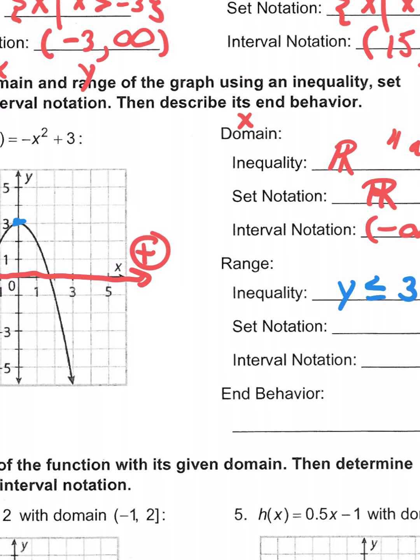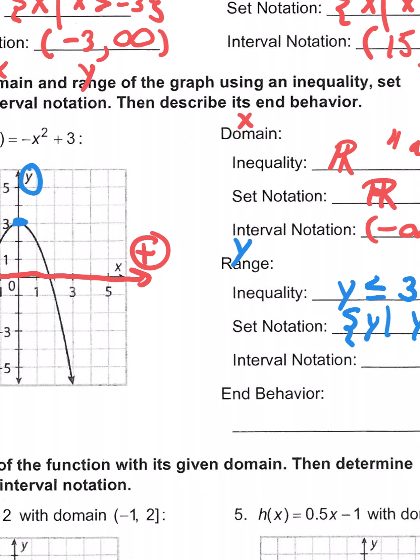And we're using y because range is all of the y's. And so we're looking at the y-axis here. So it does stop at 3. In set notation, you would simply say brace, and then you say all of the y's where y is less than or equal to 3, and close it with a brace. In interval notation, what you're saying is that you're going from 3, or actually rather, you're